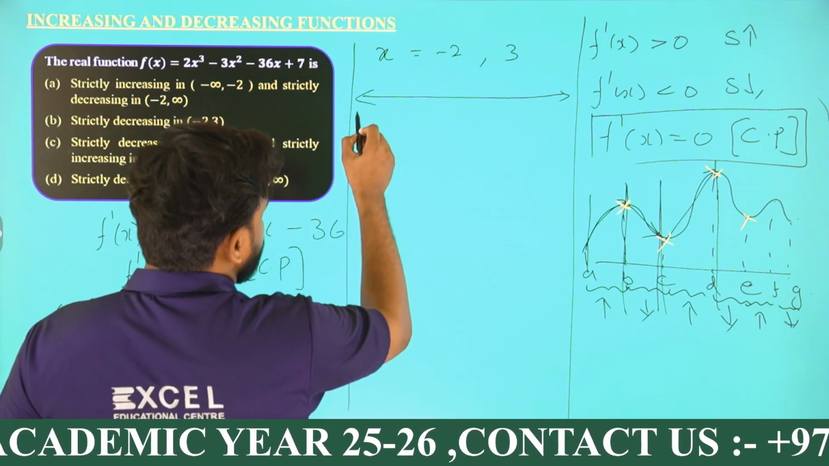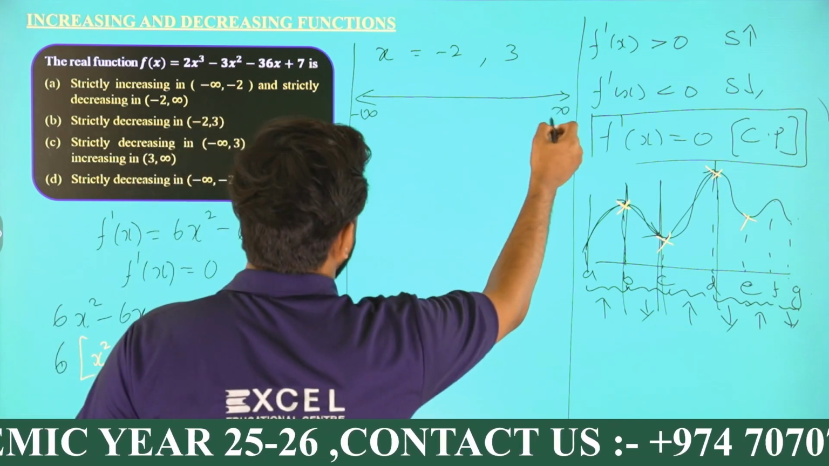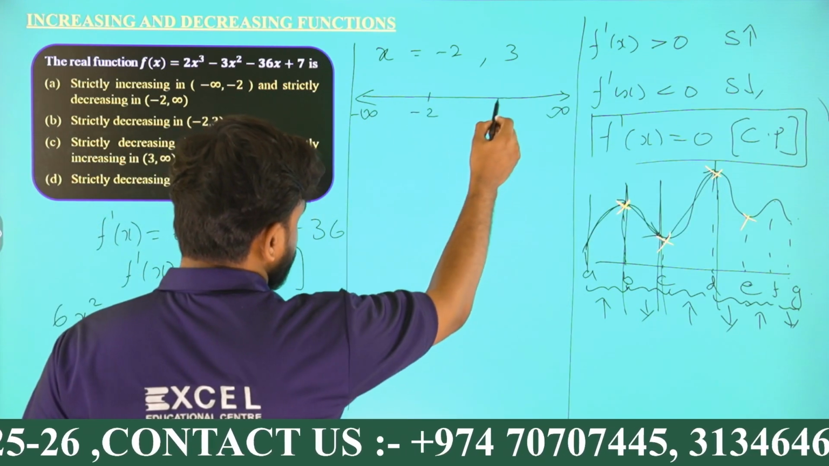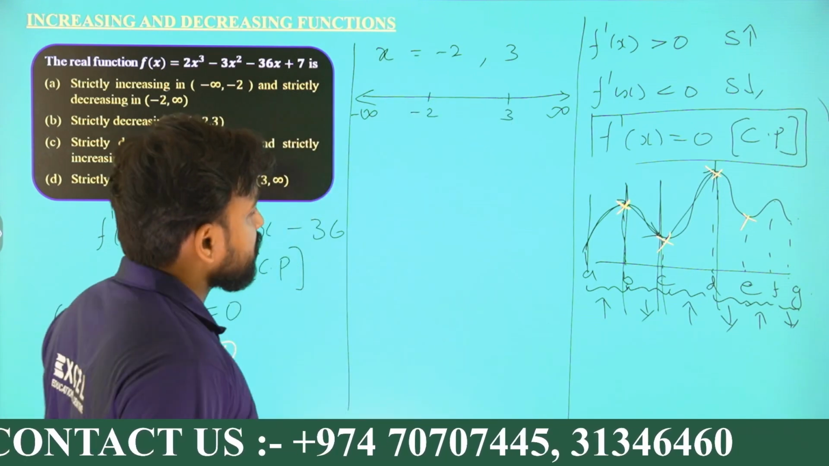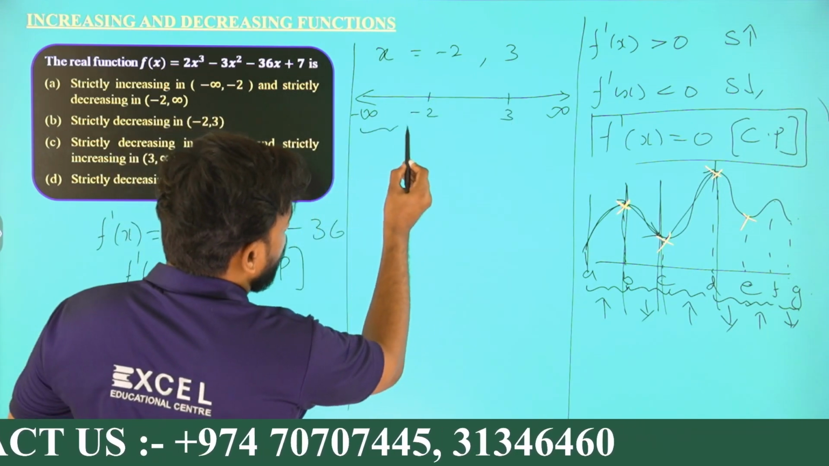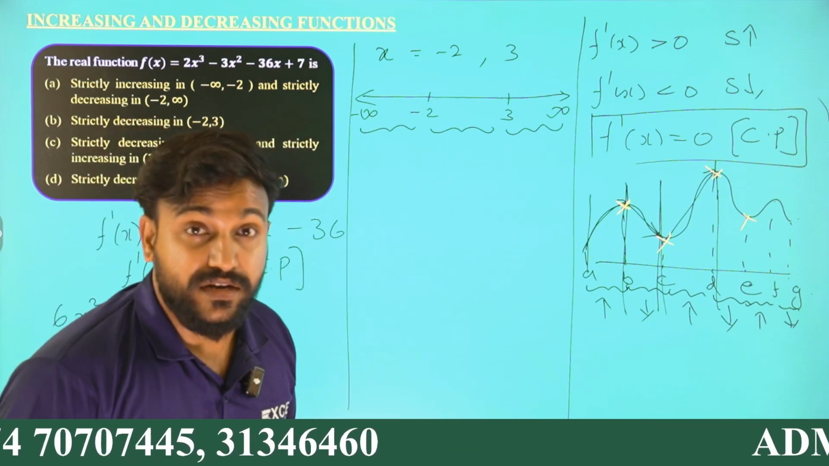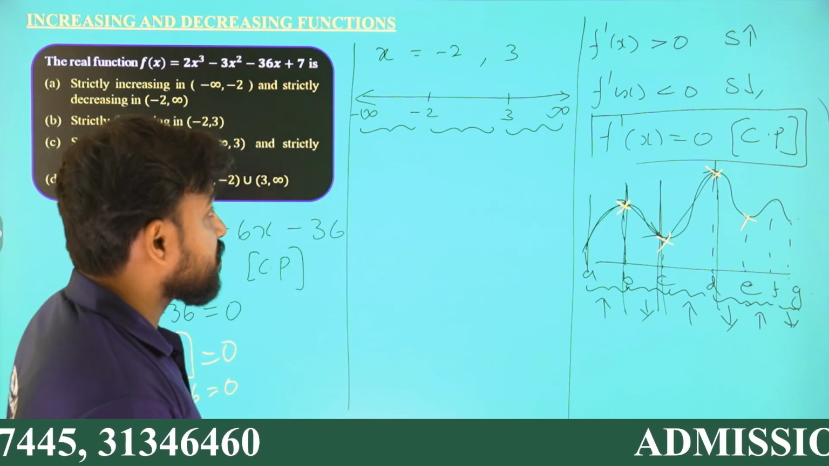So minus infinity to infinity is the real numbers, all the real numbers in between minus 2 and 3. So we have 1, 2, 3 intervals. Now we need to identify what is happening in these intervals. So how do we